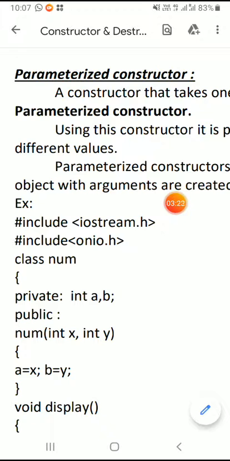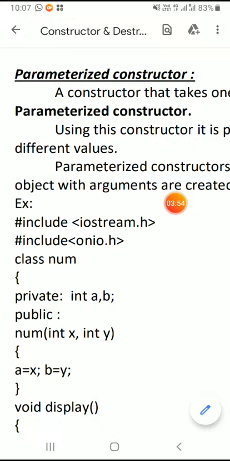Arguments are the variables used in a function call, and parameters are the variables used in the function definition. Likewise, in a parameterized constructor, we can pass values from the calling constructor to the called constructor. We can define the constructor inside the class or outside the class.